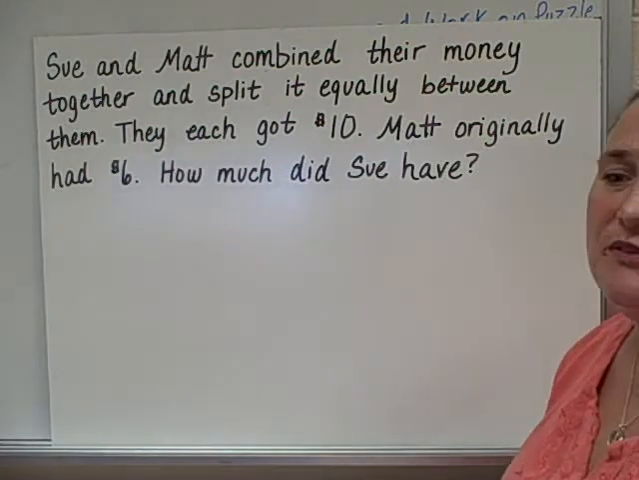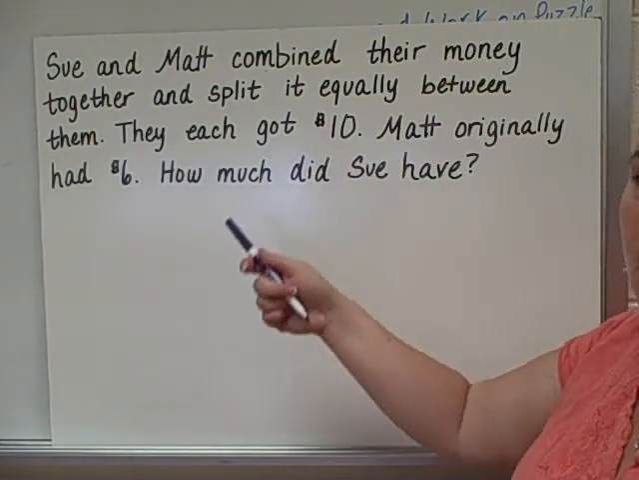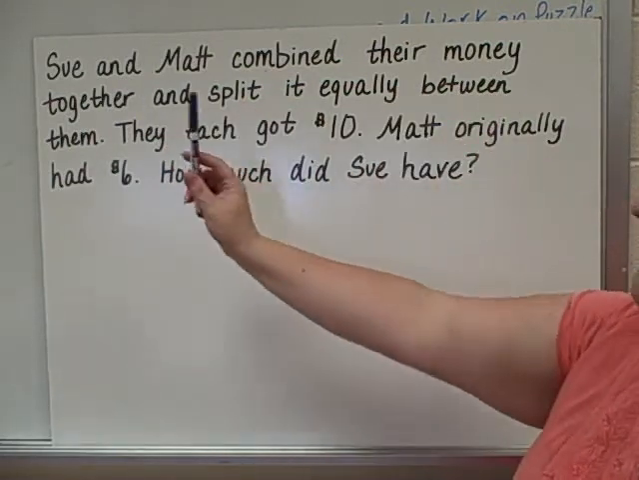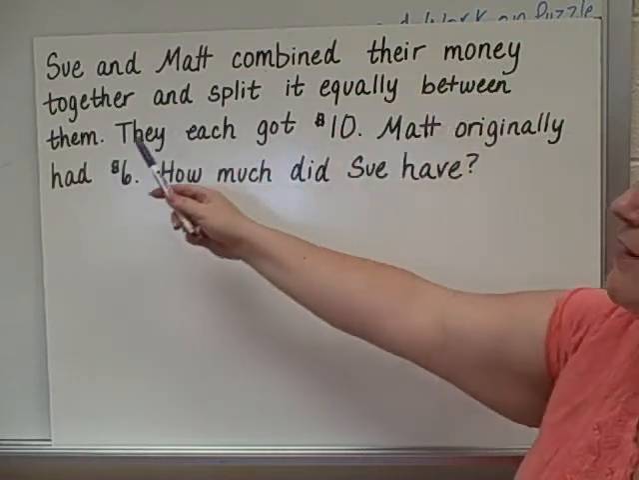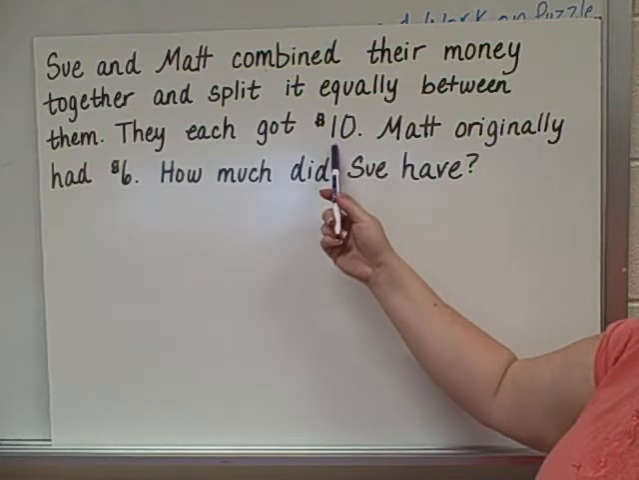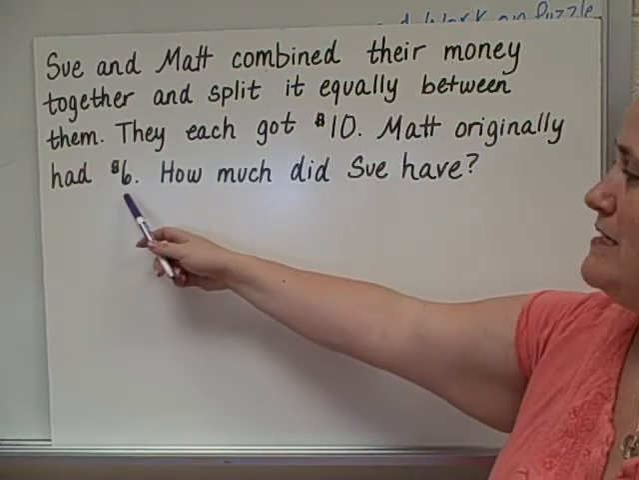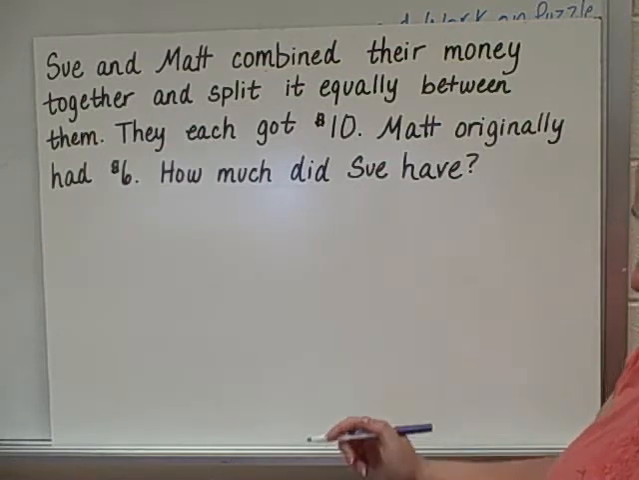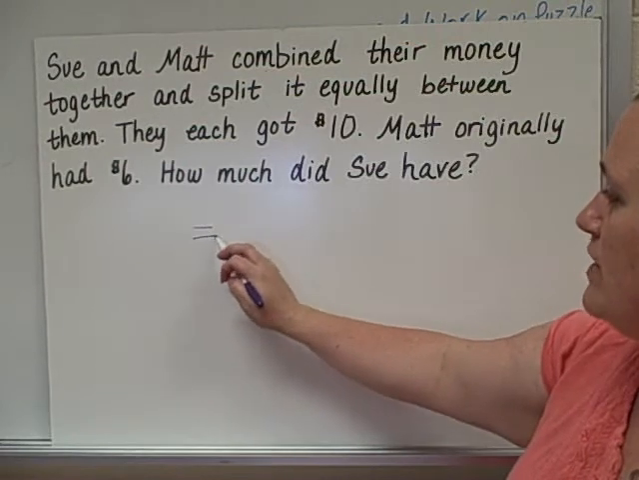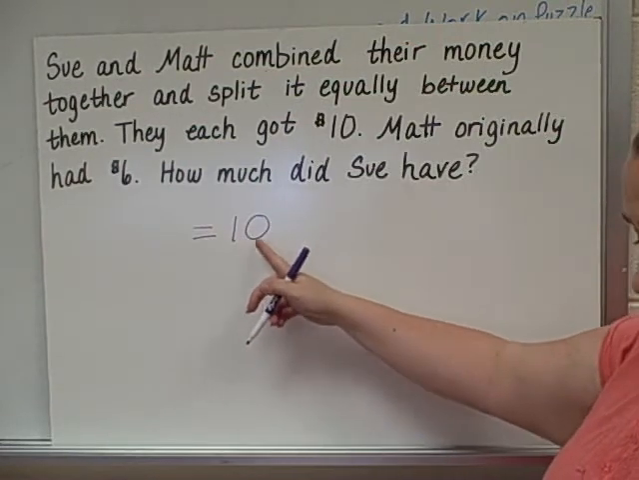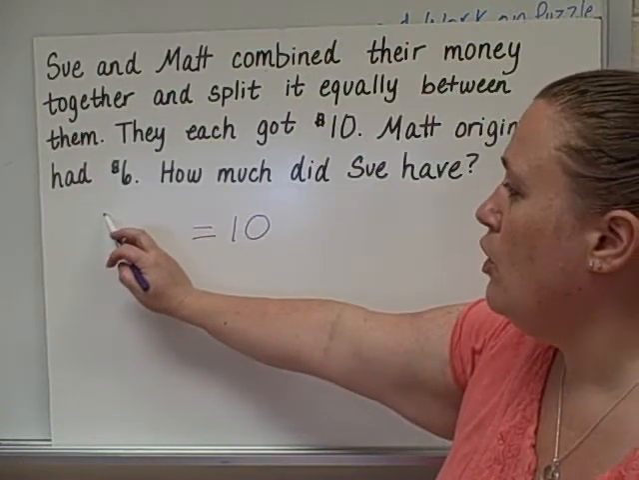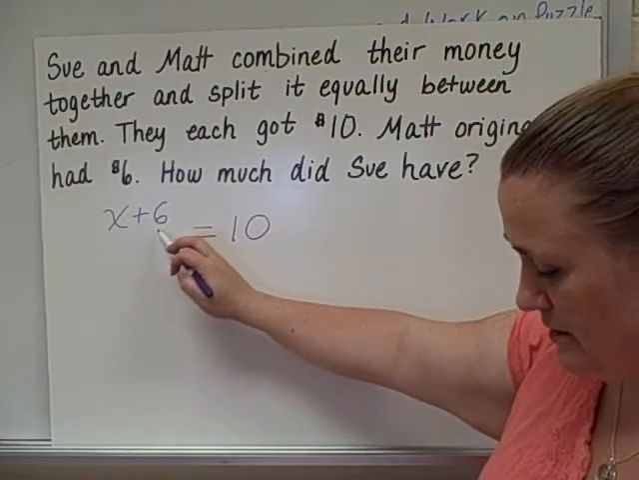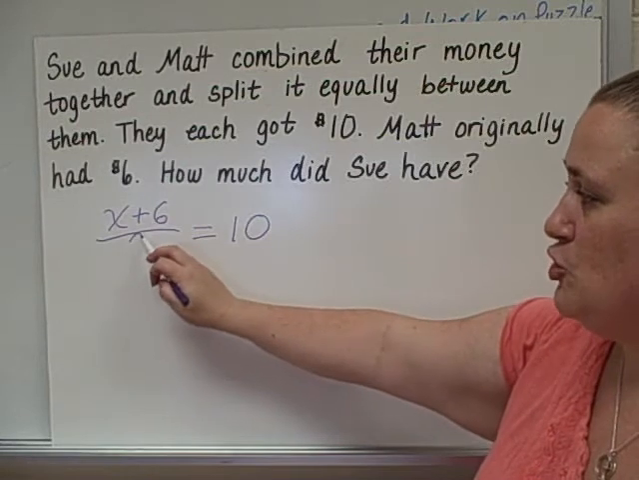All right. Now, we've got to be able to solve word problems also. So here's our word problem for today. Sue and Matt combined their money together and split it equally between them. They each got $10. Matt originally had 6. How much did Sue have? Well, let's work this out. If they each originally had $10, that means that we're equaling 10. We don't know how much Sue had, but Sue plus Matt, which is 6, divided evenly by 2 people will